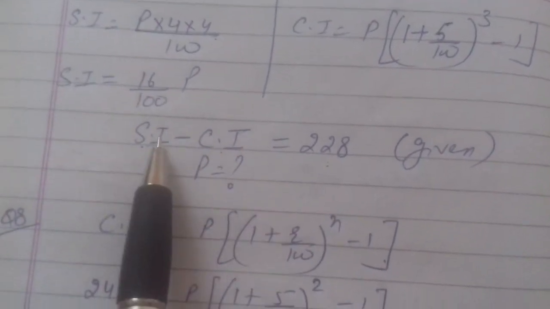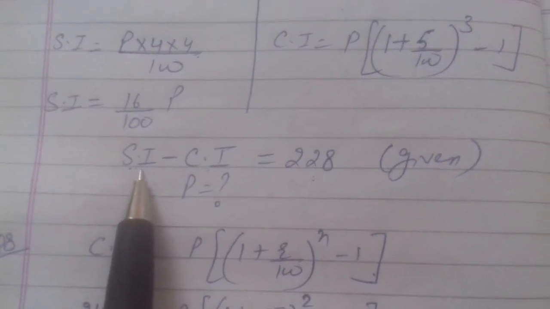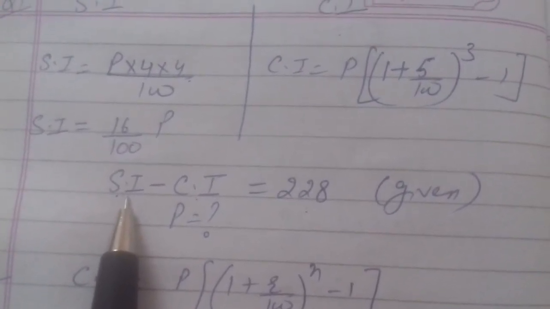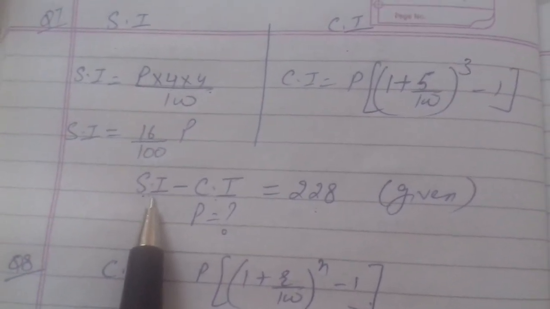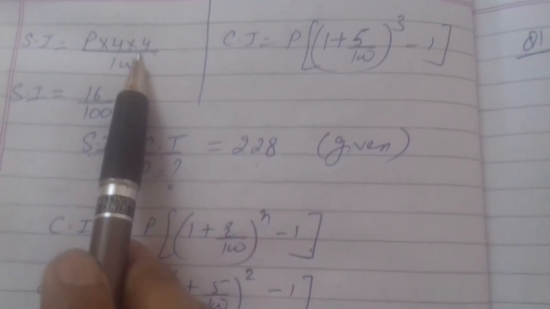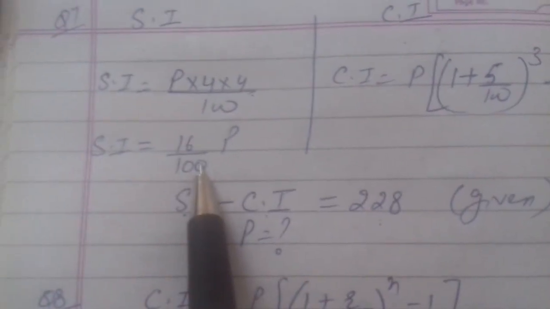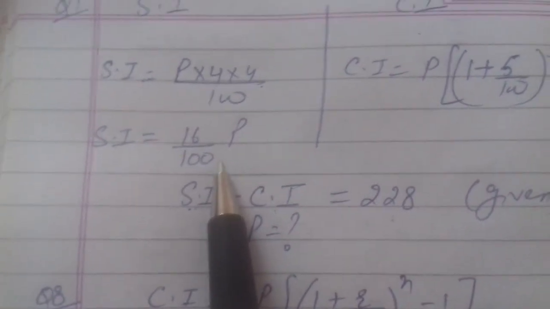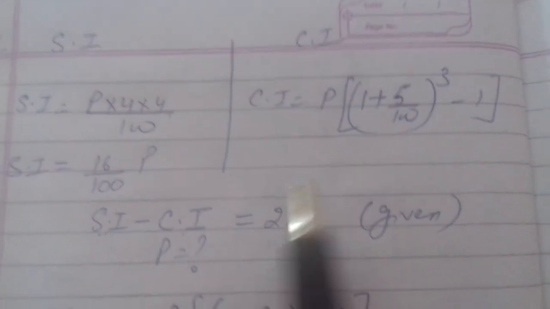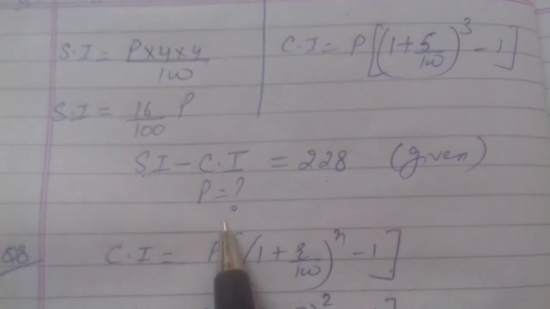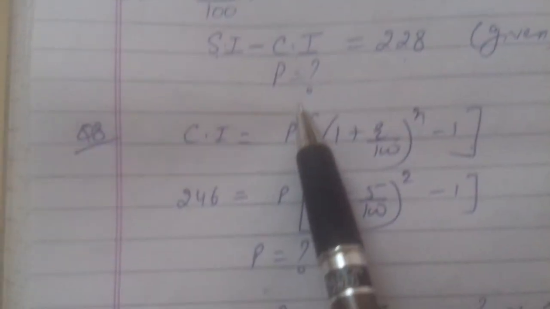You must be thinking why we have taken simple interest over here. Earlier I told you compound interest is more than simple interest. But in which case? When the principal, time and rate are the same. Here the time period is 4 years and here the time period is 3 years. So same procedure, children. Simple interest I already found in terms of P. You can find compound interest in terms of P. Then put the values over here and you will find the value of P. That's what you were asked to find.